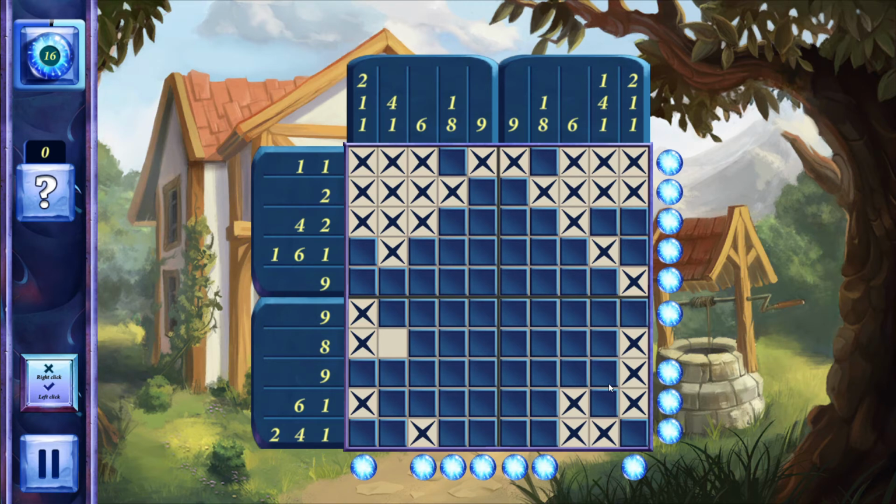So if you take 1 here, 1, 2, 3, 4, this 1 is going to come here, 2, 4, 1 is going to be here, 6 is going to be here, and 1 is going to be here. 1, 1, 2, 9, 6, 1, 2, 4, 1, 6, 1, 4, 1, 2, 1, 1, 1 and 8, 9, 9, 1, 8,